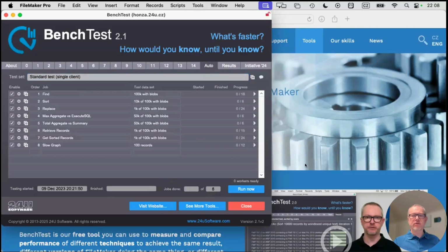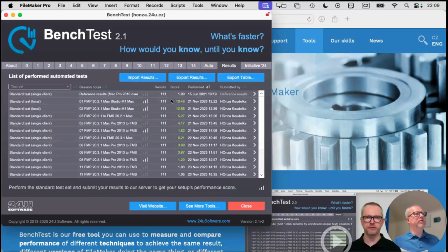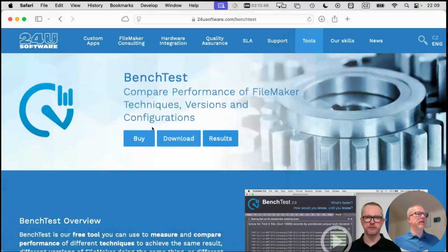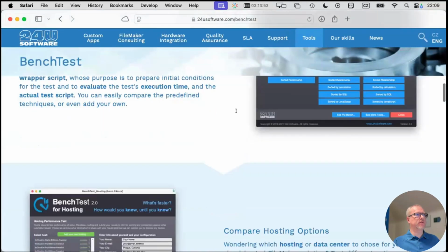It automatically downloads the reference results collected on an old Mac Pro, and then it calculates the score, which basically tells you how many times faster your configuration, your setup, is compared to that reference test result that I collected on the Mac Pro. This started a few years ago, and almost maybe one minute after you submit the test, it should appear on our website. So when you click this results